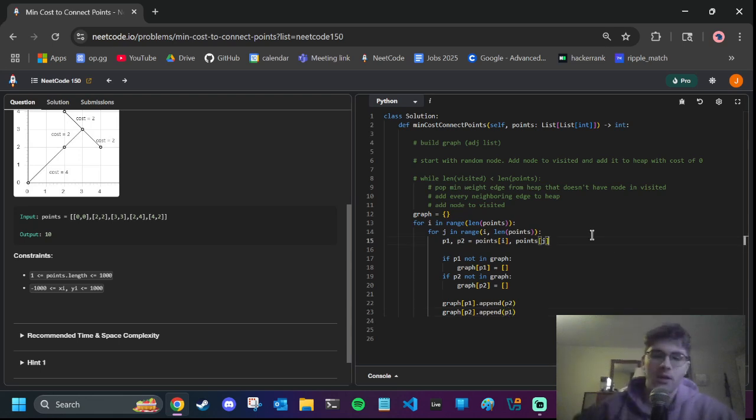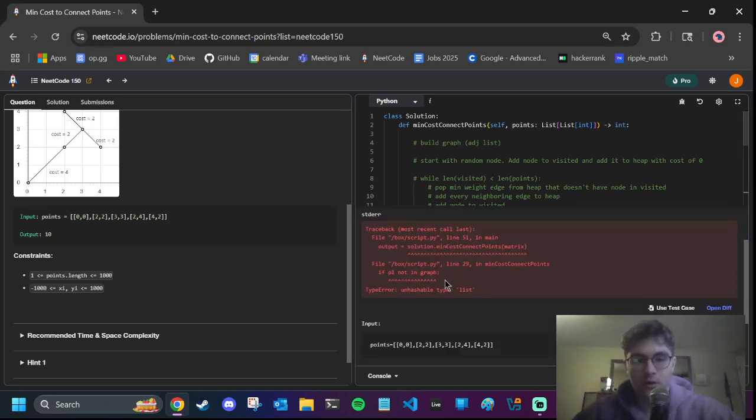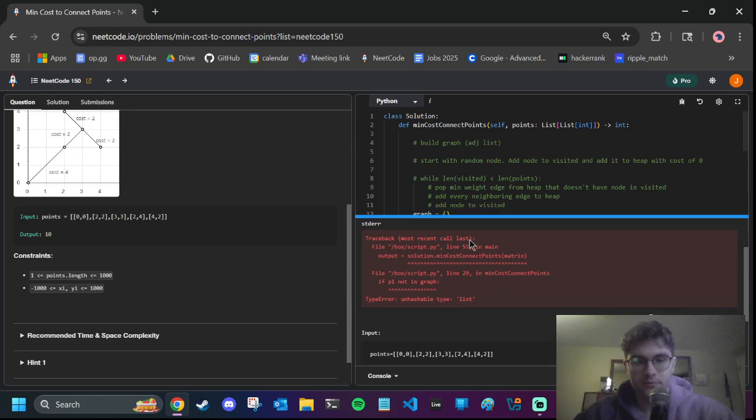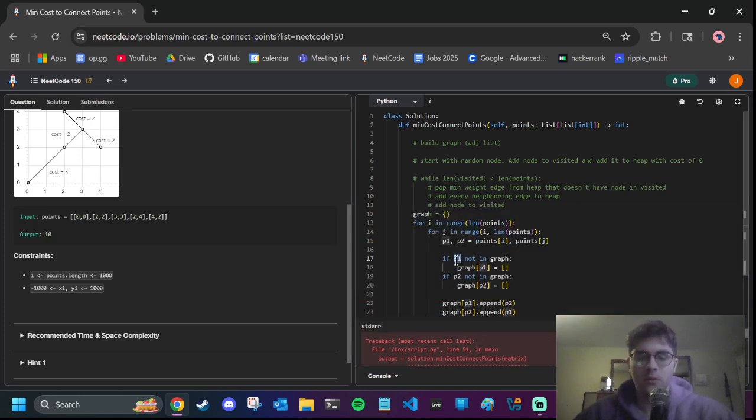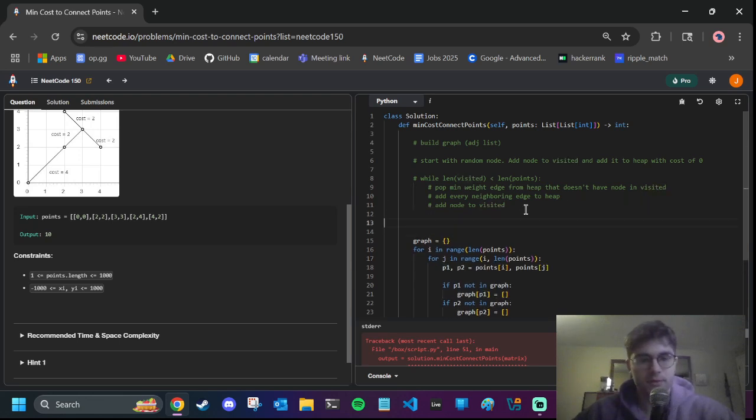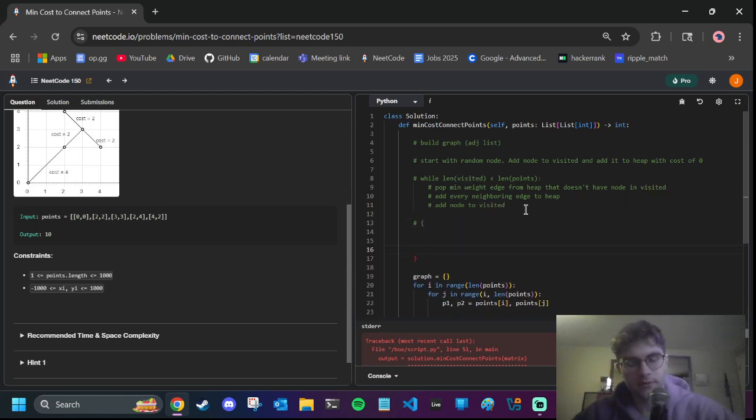Okay. So what this is going to be is the key will be a point and the value will be its neighbors. So let me just print the graph here and make sure that looks good so far. Okay, so I have the points. So right now, just to explain this, I'll just do it without comments. So in the graph right now, we have, for instance,